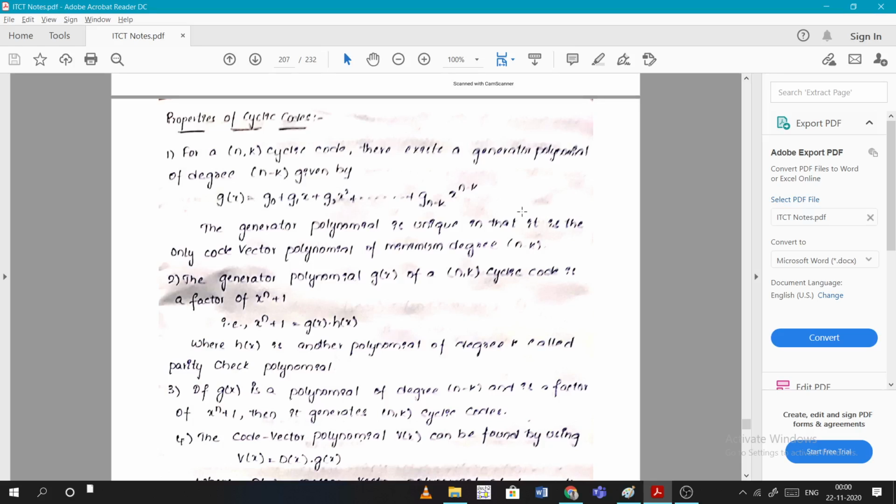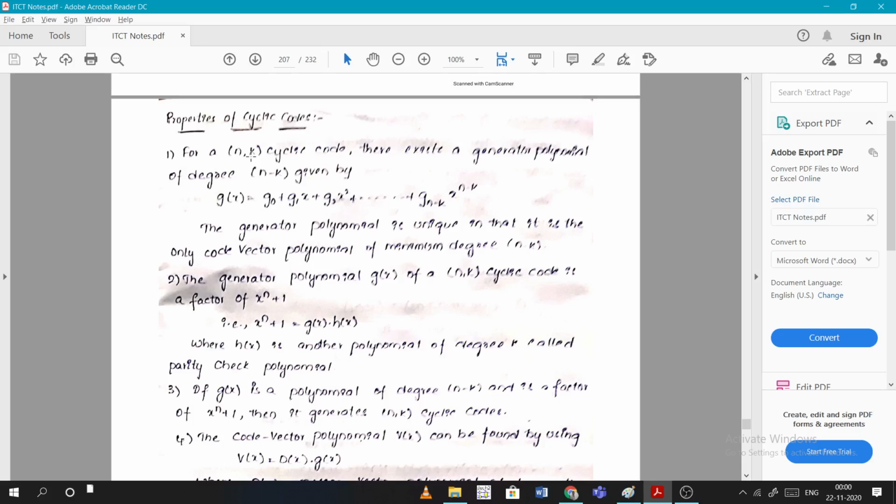So what is being said is, we know the n value, right? For example, (7, 3), let's take (7, 4). For the generator polynomial of a (7, 4) cyclic code, there is a polynomial x^n + 1. Here n is 7, so x^7 + 1 will be divisible by the generator polynomial